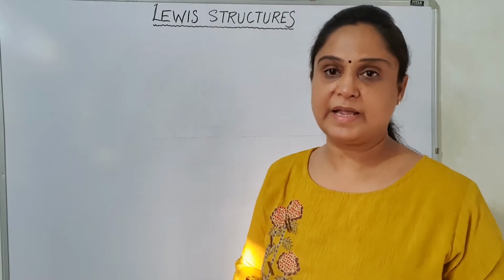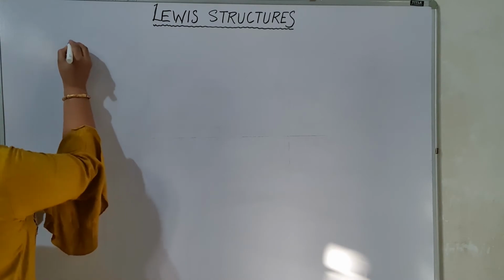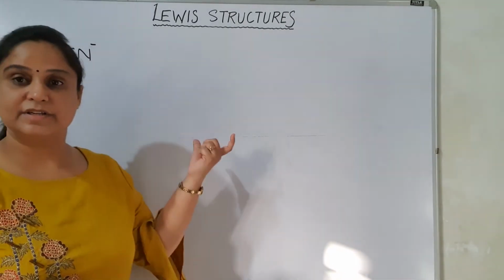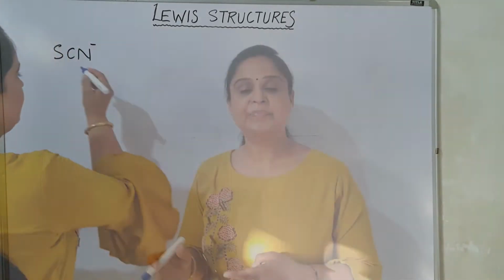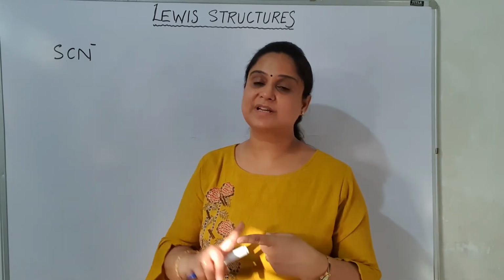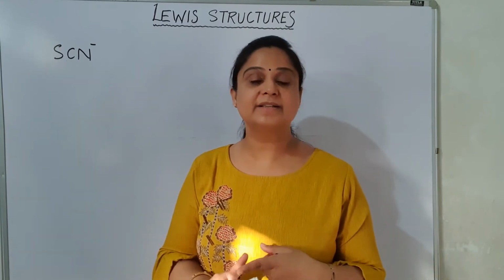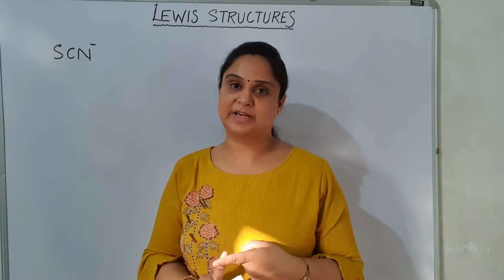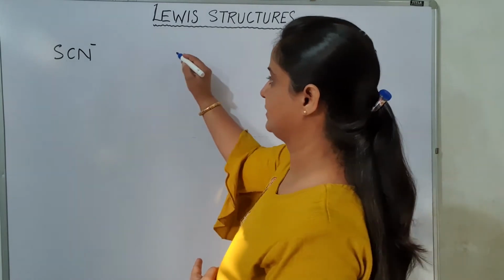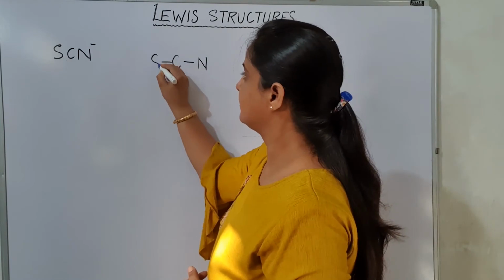Now taking the example of SCN minus, that is the thiocyanide ion. Very good example, thiocyanide ion, SCN minus. And I am going to write down the different structures of this thiocyanide ion. Here I am taking carbon as the central atom. The reason is we cannot select the least one because carbon, nitrogen and sulfur are all one in number, but we can select the element which is least electronegative in nature. So the least electronegative element is carbon. So I am taking this carbon as the central atom. Okay, so this is carbon here. I am connecting it with the nitrogen and sulfur.